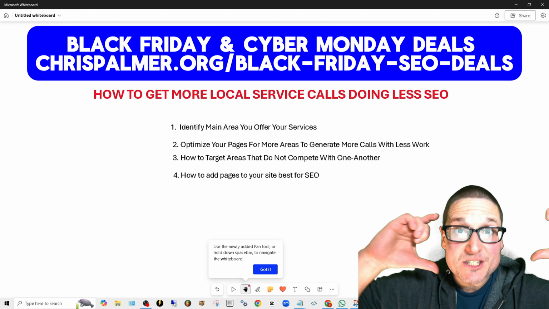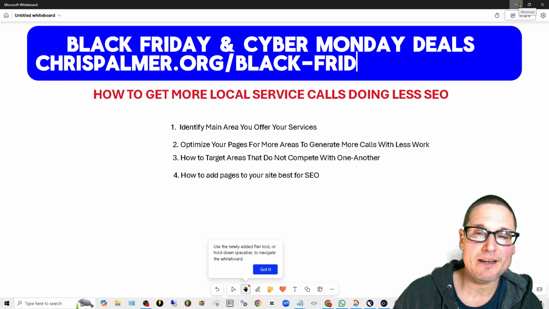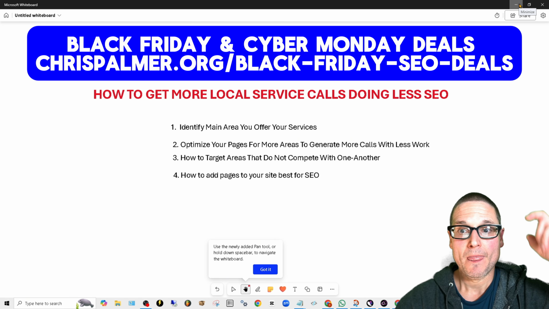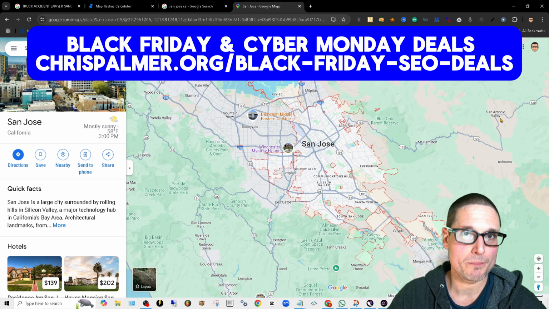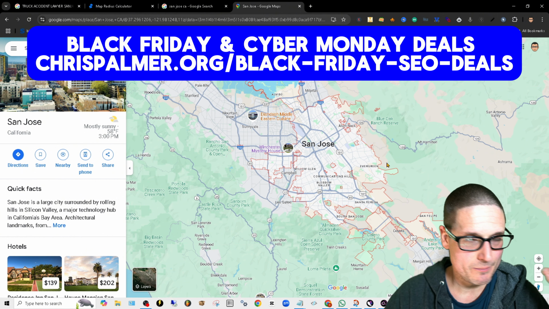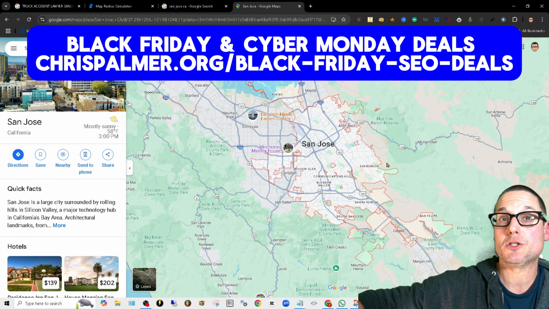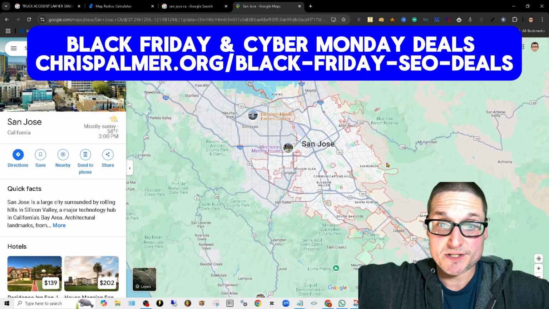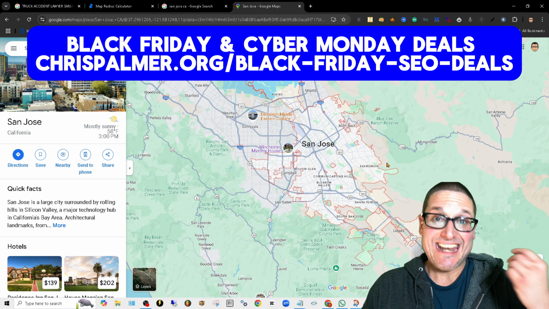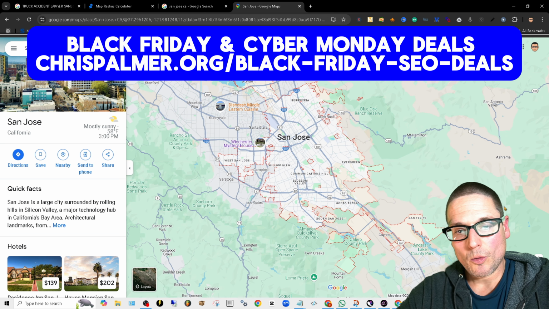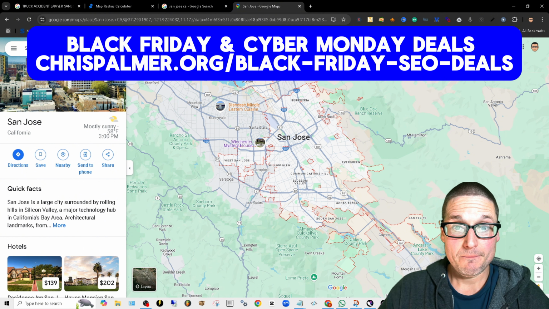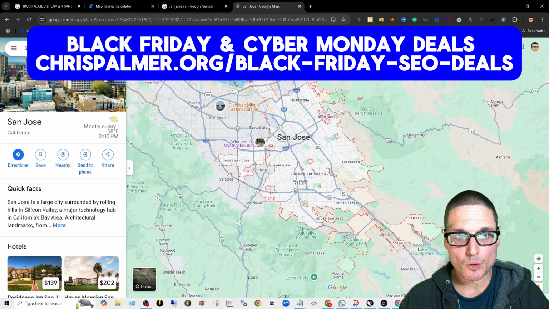The very first thing that I want to walk you through is how I like to identify a target area. Oftentimes I will talk to a business owner and ask, hey, how far are you willing to drive to do services in? So let's go ahead and use an example here. The example that we're going to target is San Jose. Now, when you take a look inside of Google Maps,